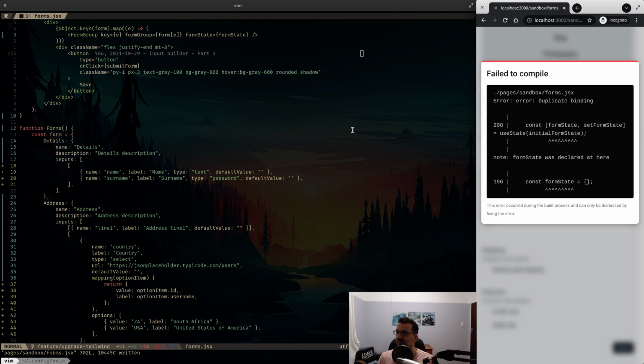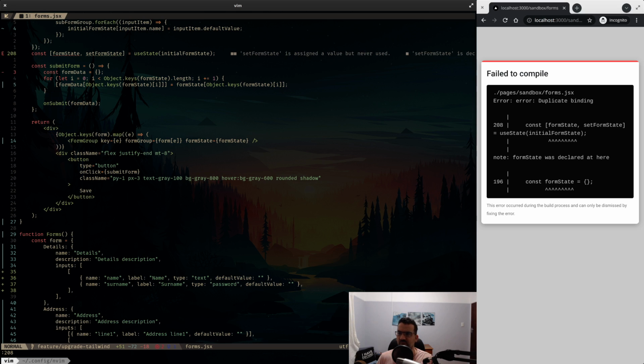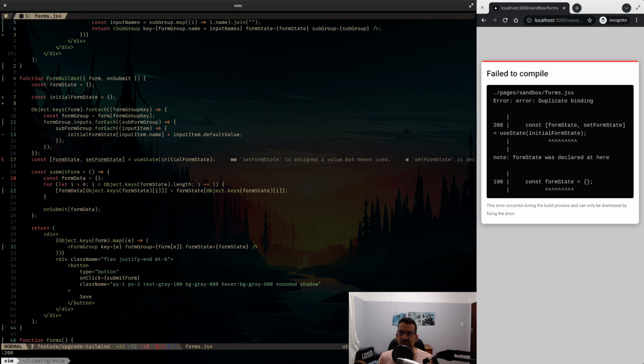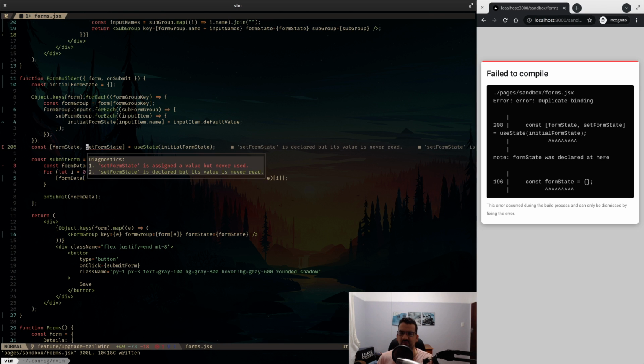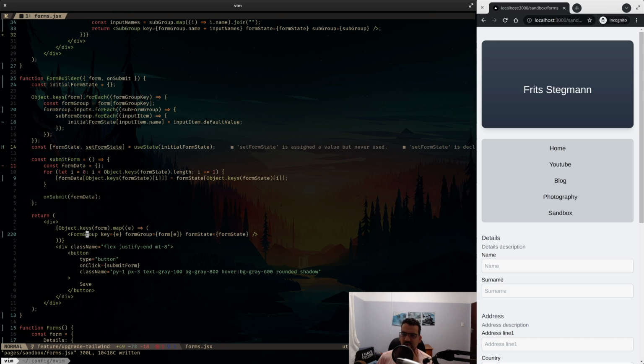Let's see if we try to compile what happens. Okay, so it's complaining on 4.8. Duplicate binding, so we don't want that form state, we want over here. And the setFormState is read but never used. So where does form go? Okay, so form goes up here. So this is update, or setFormState equals